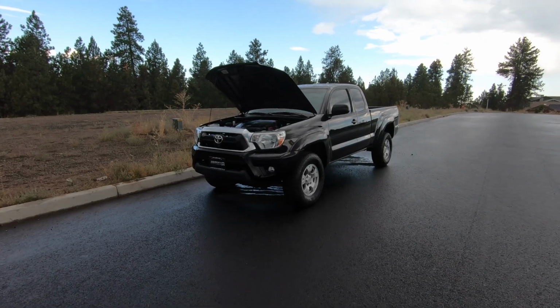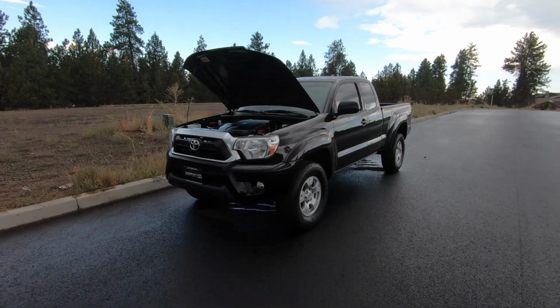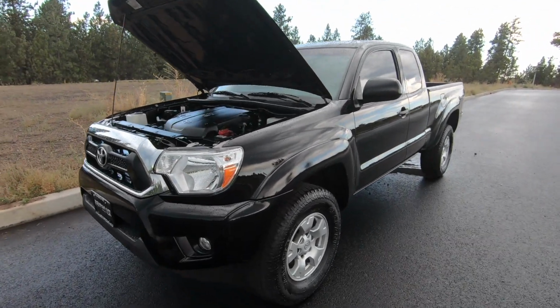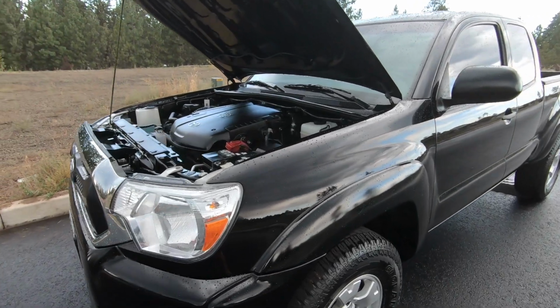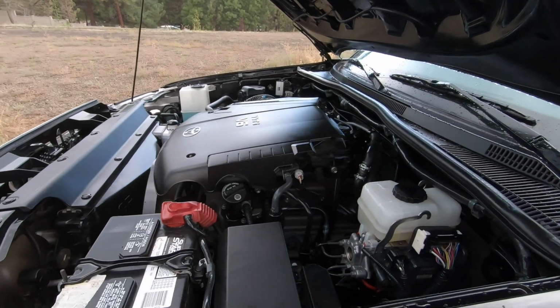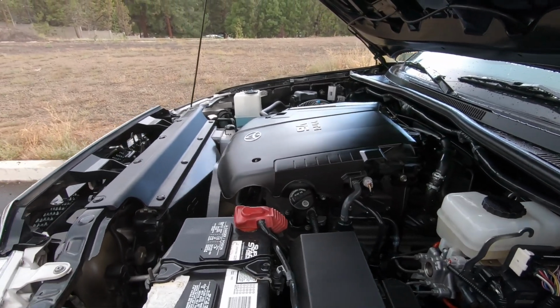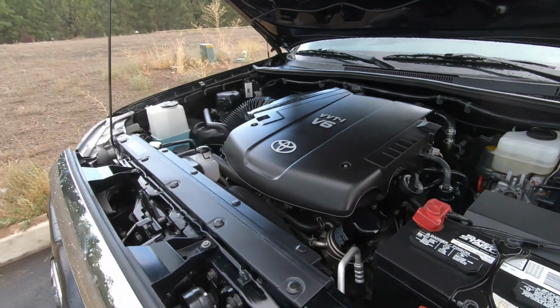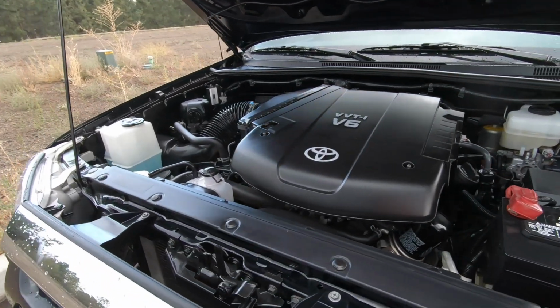The Tacoma is available in rear-wheel drive or 4-wheel drive, and the 2nd generation model had 2 different engine options. The base engine was a 2.7 liter inline 4-cylinder with 164 horsepower and 183 pound-feet of torque. That was paired to a 4-speed automatic transmission or a 6-speed manual. The EPA rating was 18 to 21 miles per gallon in the city and 21 to 25 miles per gallon